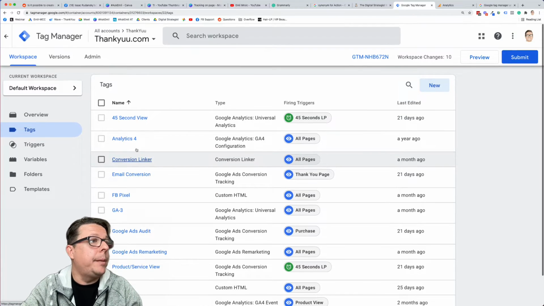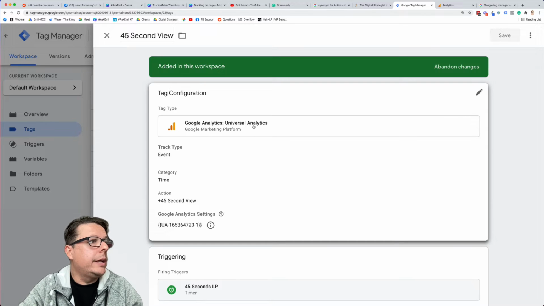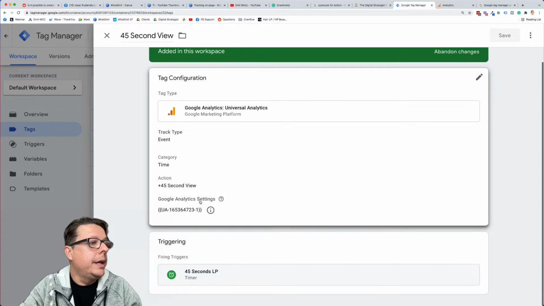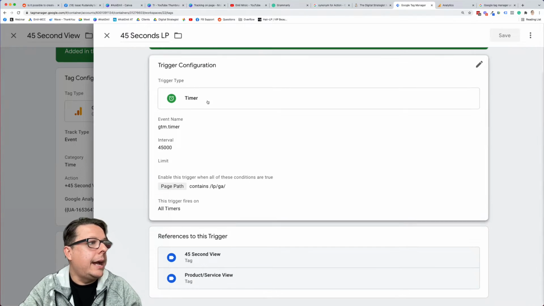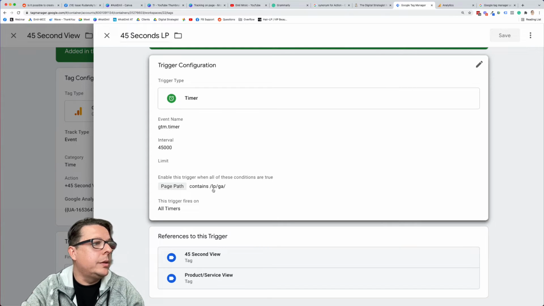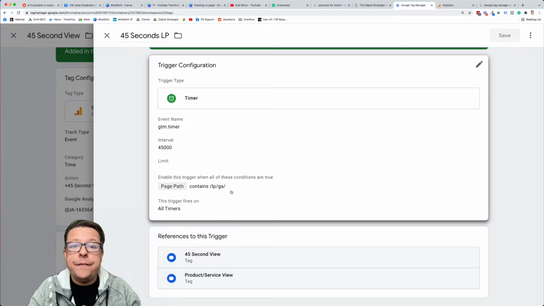I already have that set up with a trigger right here. So if you go to this trigger, you'll see Google Analytics, Universal Analytics, I have an event, time, 45-second view. And what I have is a timer. All I did was set a timer on the page so that anytime somebody goes to landing page GA, if they stay on for 45 seconds,